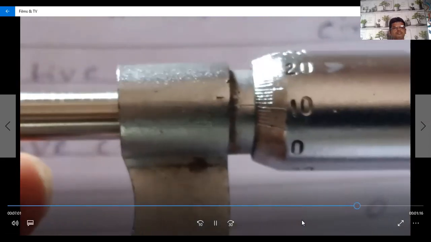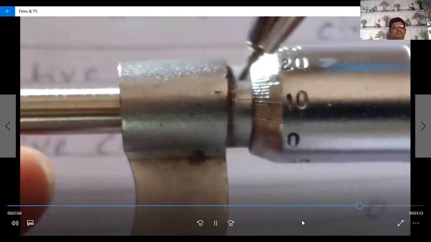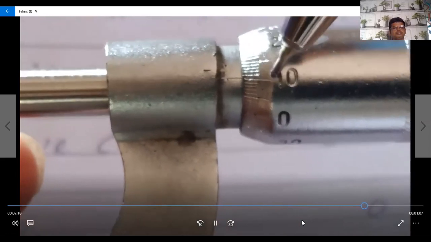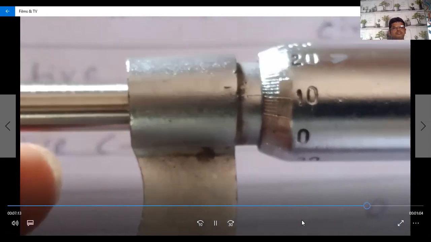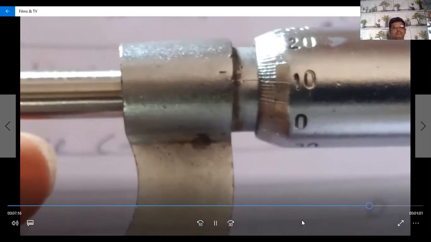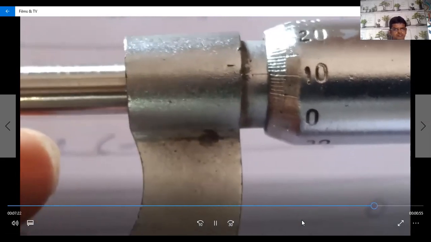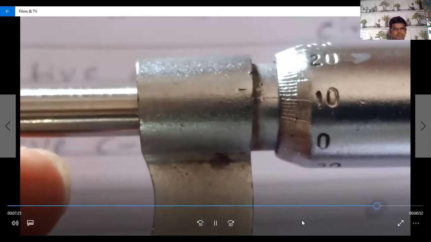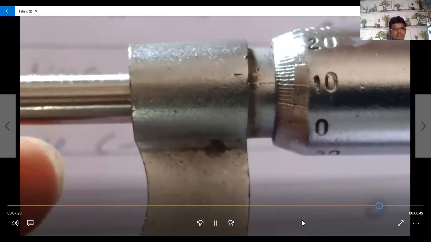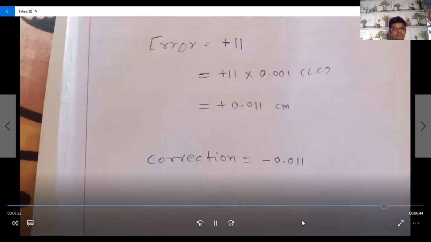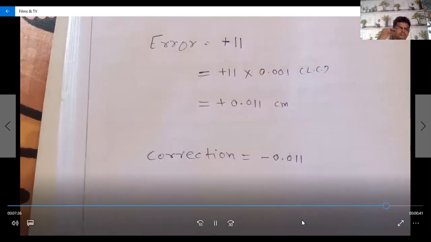Again, in the normal position, whenever both surfaces match each other, at that time we see the straight line on the main scale now coinciding with one of the circular scale divisions, but here we found 11, so we write here it is a plus 11 error. Suppose it is coinciding between 51 to 99, then we retain the error as negative, but here we directly found the error positive, so we retain here a plus 11 error. So after observation we retain the error, it is plus 11.